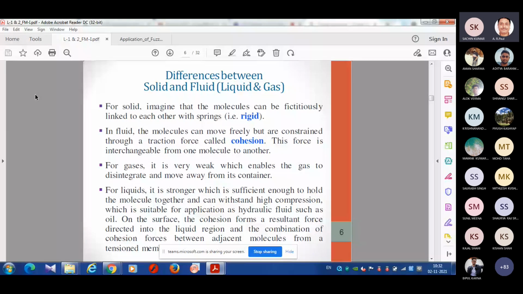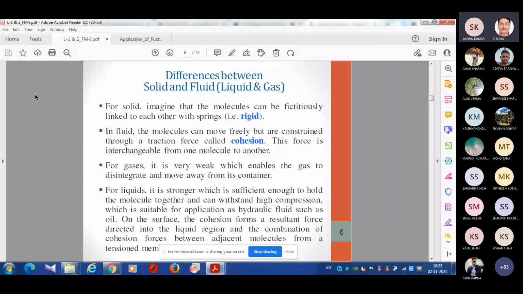Now you also know that glue, etc., which you use for your work, is known as adhesive. Any glue you use for your paperwork or for some painting work is known as adhesive. And why is it called adhesive? Because it has a better property of adhesion. These liquids have better adhesion properties, higher adhesive force.